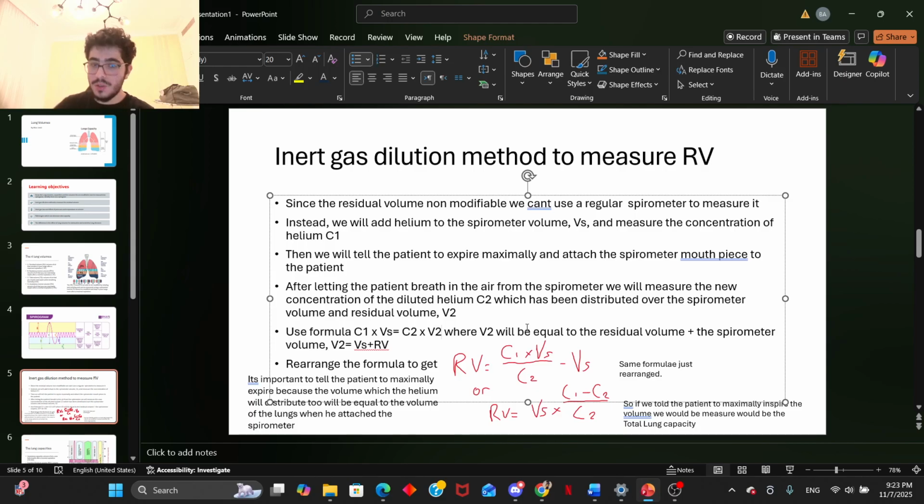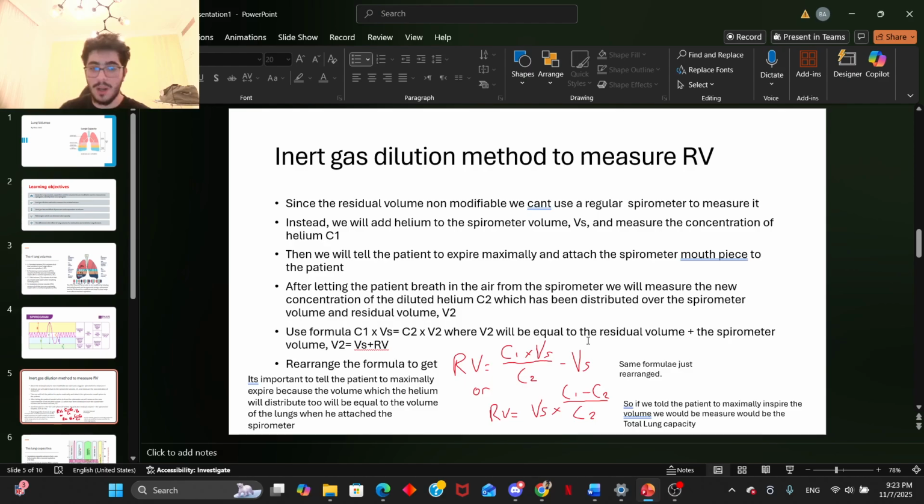This new volume V2 will equal the spirometer volume plus the residual volume, because when we attach the patient, the only volume left in his lungs is the residual volume. And this is why it's very important to tell the patient to expire maximally. Otherwise, you wouldn't actually be measuring the residual volume. You'd be measuring something else. For example, if you tell the patient to maximally inspire, you'd be measuring the total lung capacity and not the